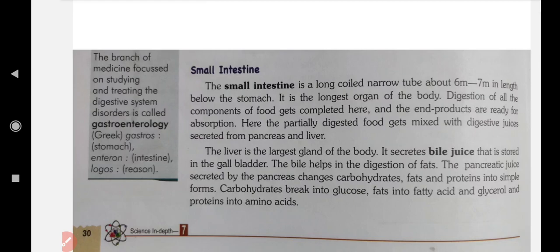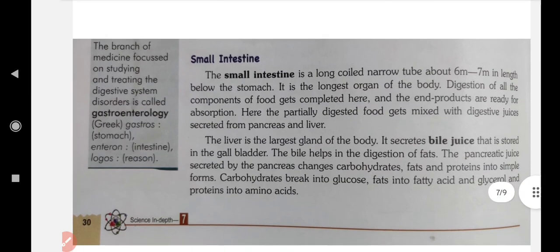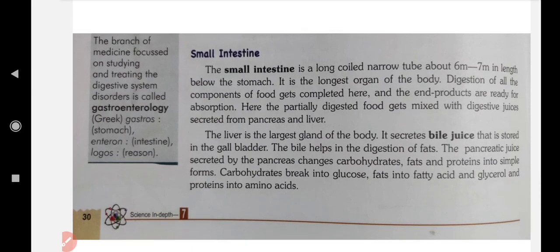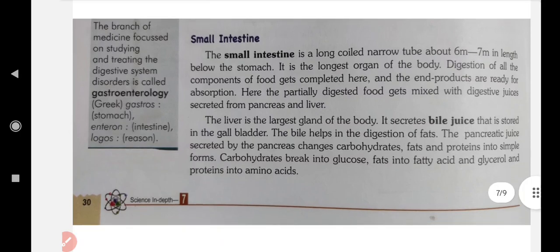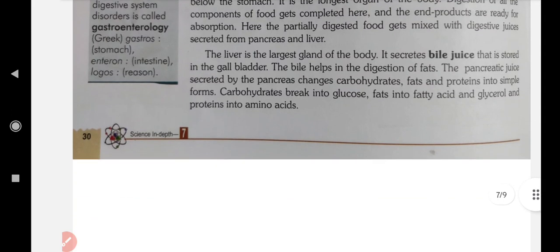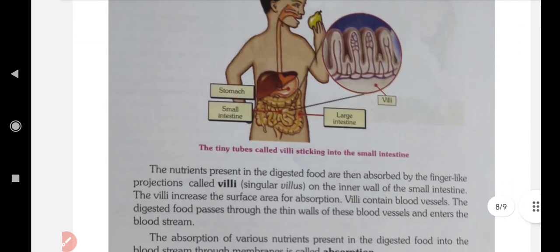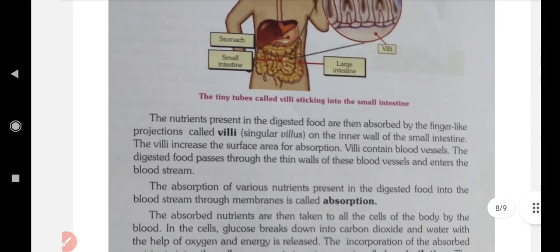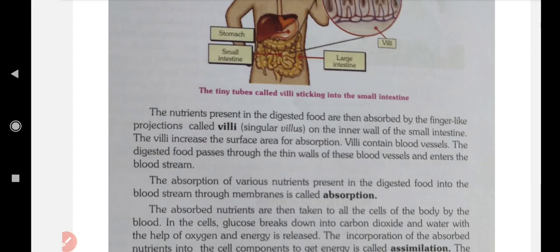The pancreatic juice secreted by the pancreas changes carbohydrates, fats and proteins into simple forms. Carbohydrates break into glucose, fats into fatty acids and glycerol, and proteins into amino acids. Then comes to next page. The nutrients present